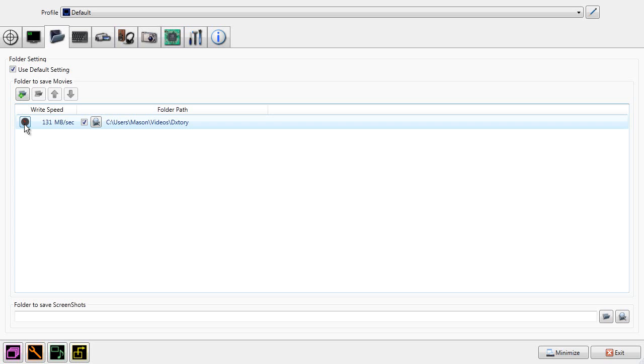So if it's really, really low, you might want to invest in a better hard drive or record to a separate hard drive, which I need to do eventually once I start recording bigger file sizes. Eventually I want to record in 1080p, but right now I do 720, and 720 works fine. Now the thing with write speeds is you need to have a good write speed, and if your game is really, really intense, and if it's a huge size, like if you're recording in 1080p, your computer has to read the files off of the same hard drive in 1080p, so it also has to read it and write it